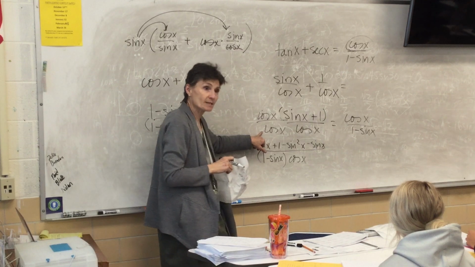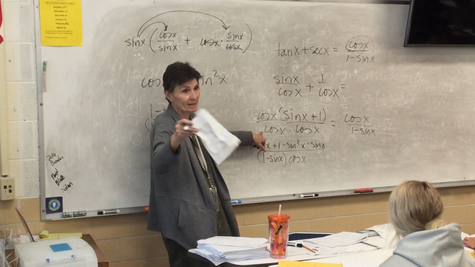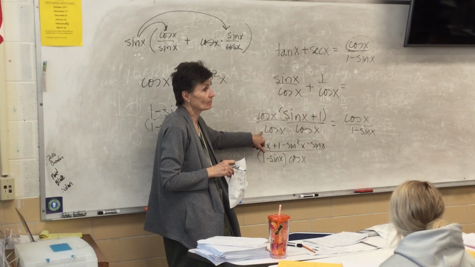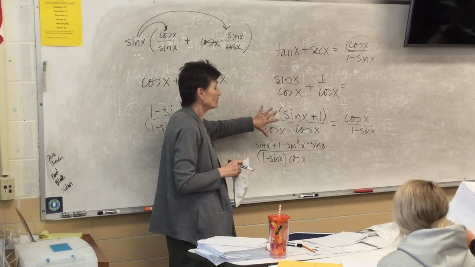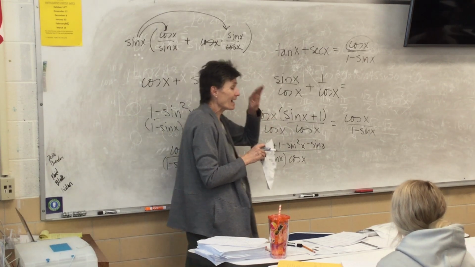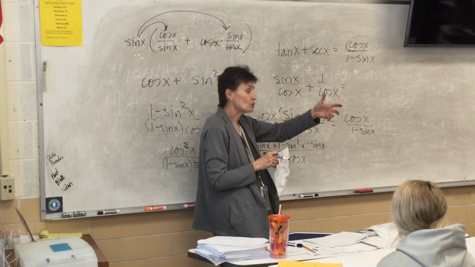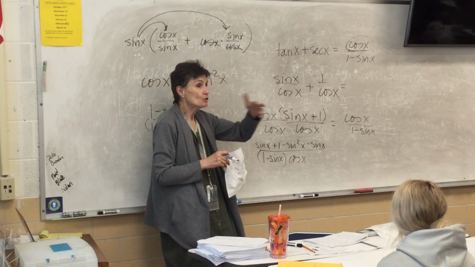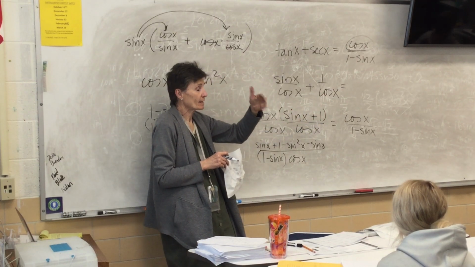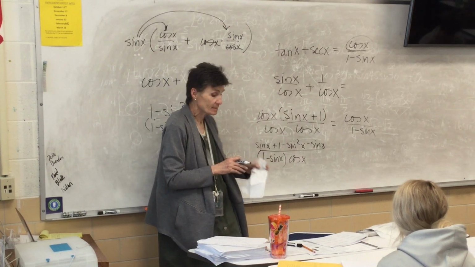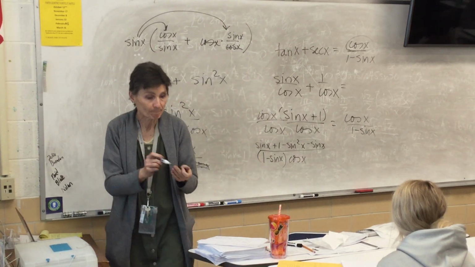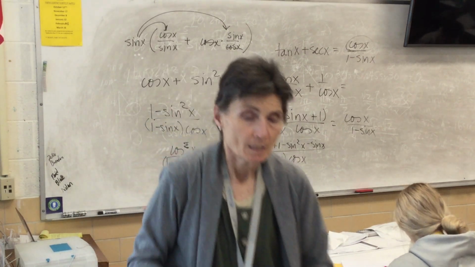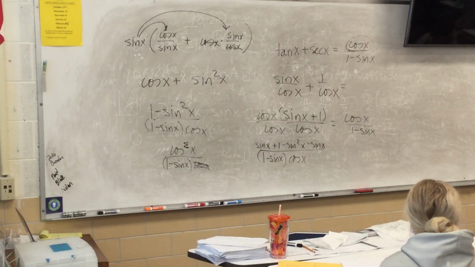But then you'd have cosine squared, which you'd have to change into 1 minus sine squared, factor, and cancel. So that problem was tricky because I had to actually insert something new into the problem. You can insert whatever you want as long as you're doing the same thing to the top and the bottom. Okay? Now, what's going to happen next